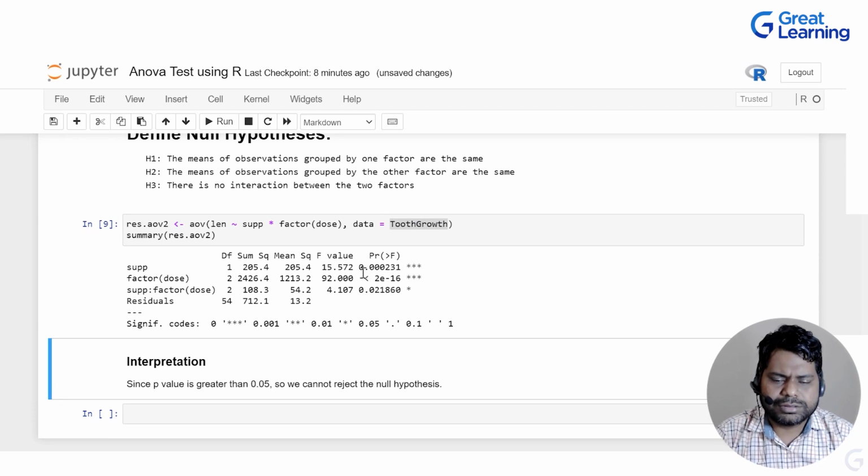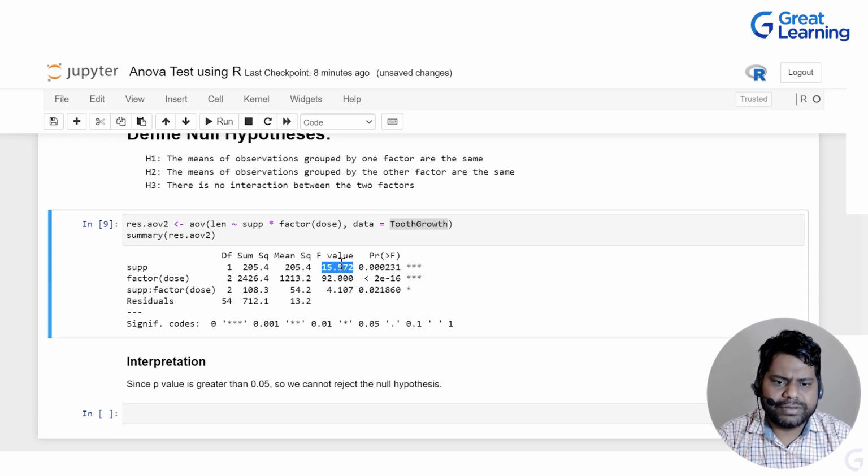From this we get the F values 15.57, 92.00, 4.107. And these stars give us the information about the significance codes, where the significance for these F values is smaller than or equal to